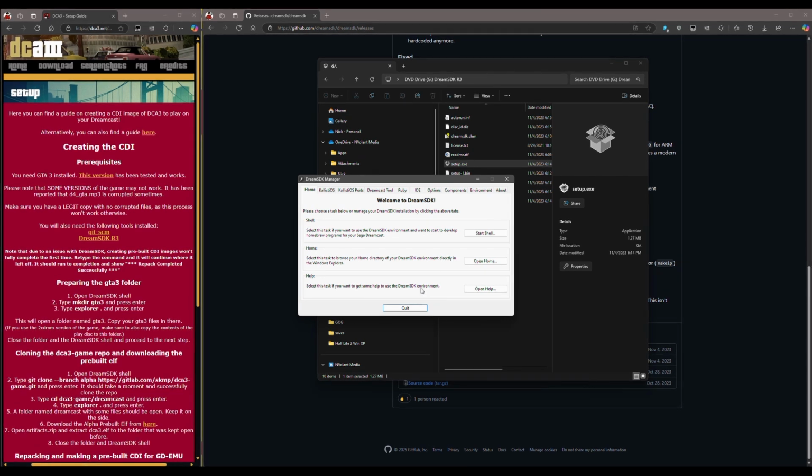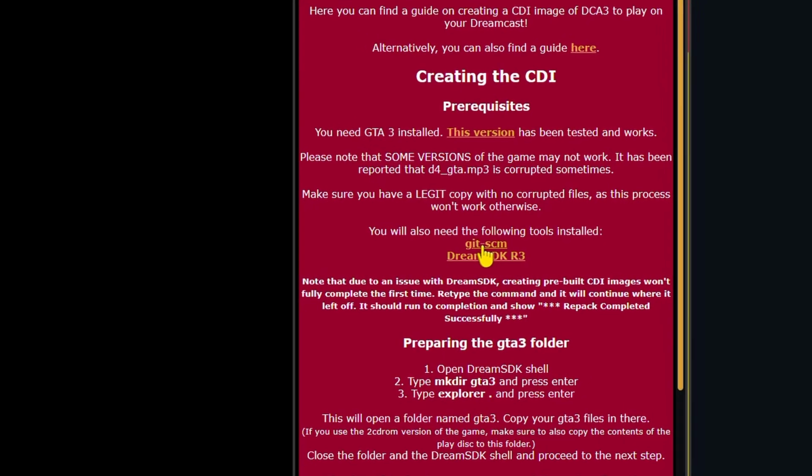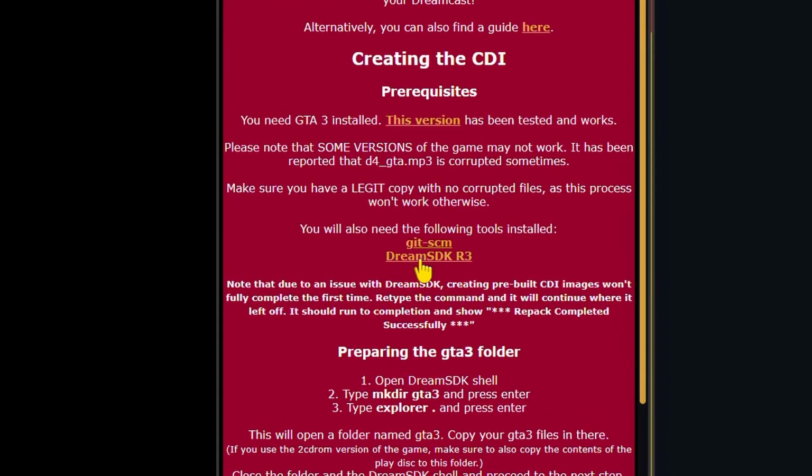Alright, I'm going to stop right here and we're going to go back to the instructions on the left here. So we've successfully installed Git-SCM and Dream SDK R3. It also says, note that due to an issue with Dream SDK, creating pre-built CDI images won't fully complete the first time. Retype the command and it will continue where it left off. It should run to completion and show repack completed successfully. That's a good note that we're going to revisit in a little bit, but we're going to continue on to